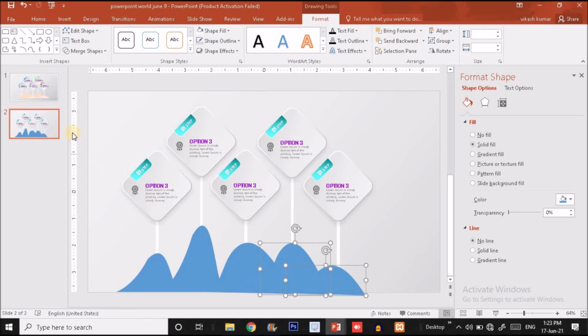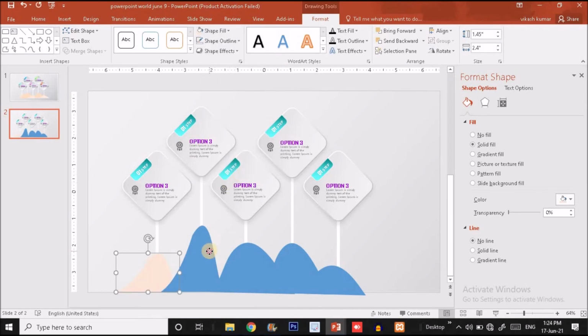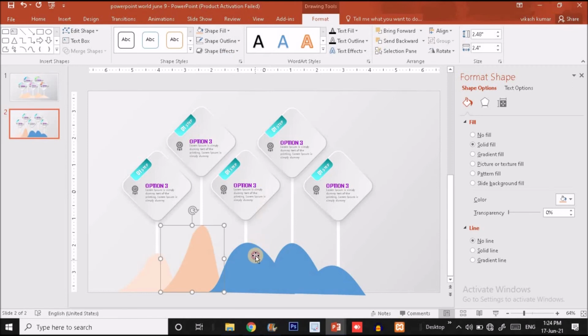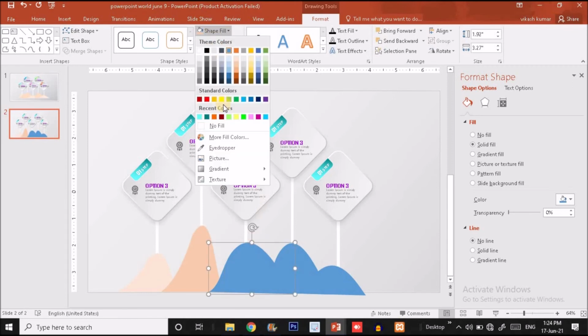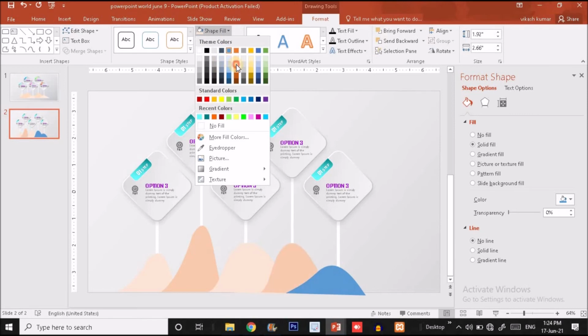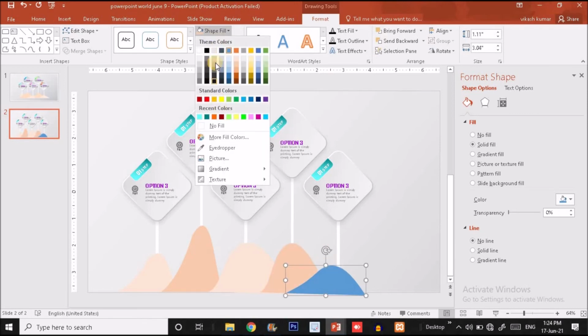Okay, now we'll select all these shapes and let me provide it this color. And for this, I will use some darker color like this. For this, I will use lighter one. Okay, so this is lighter one. For this, I will use the darker one. And for this, I'm using lighter one.